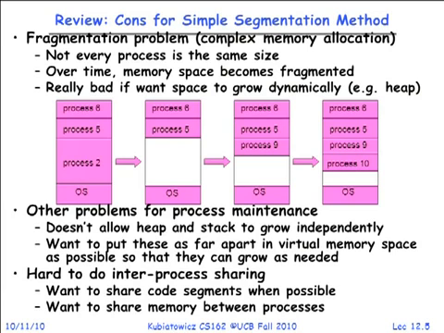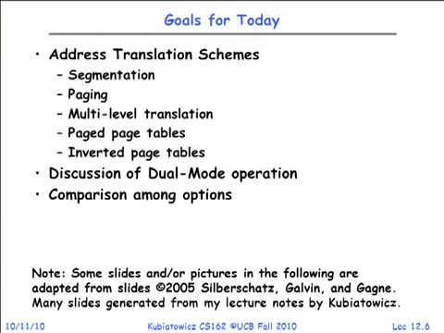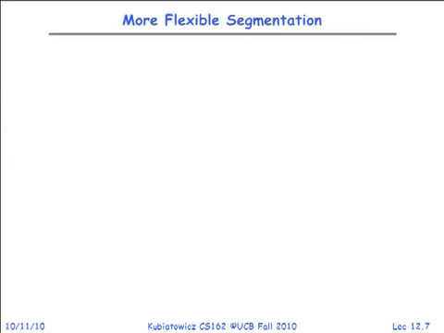Okay? So today we're going to go through a boatload of address translation schemes, and then we're going to go back and talk about dual mode with the difference between kernel and user, and we'll throw in a little bit about the x86 rings and go forward. Okay? So if we want to have more flexible segmentation, that's what I would call inflexible segmentation, we'd like to